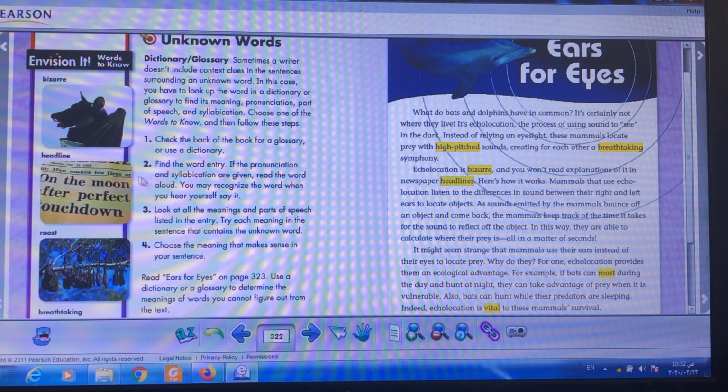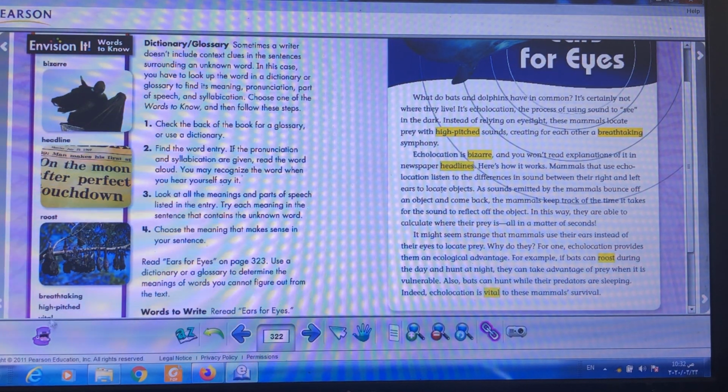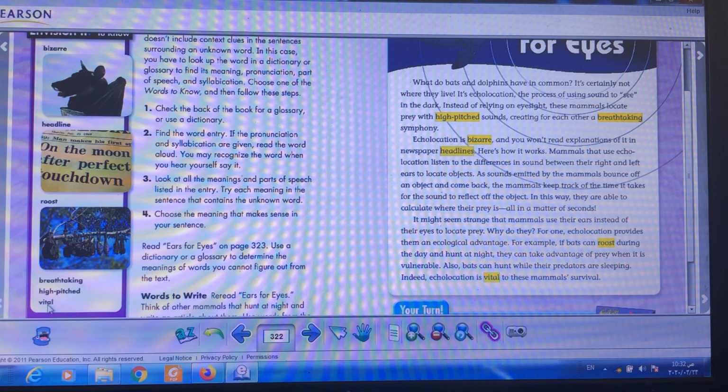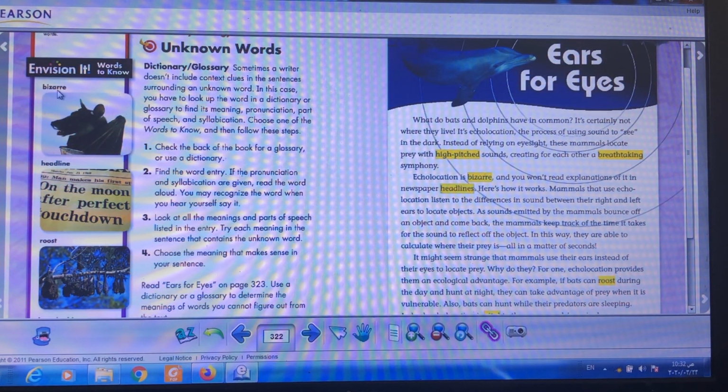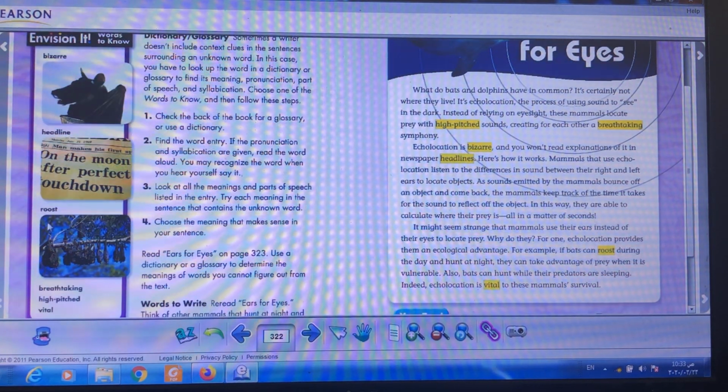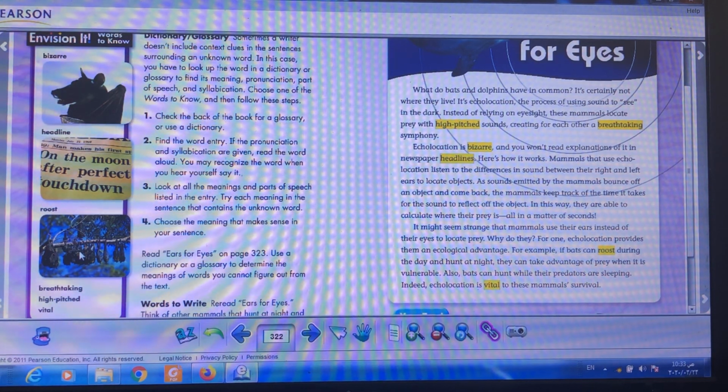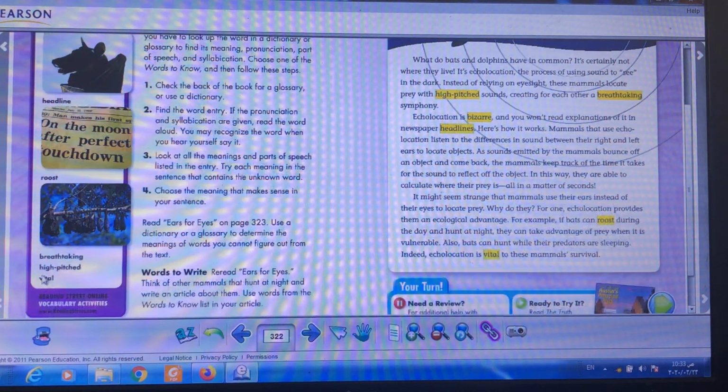That was yesterday's comprehension skill. We had some vocabulary: bizarre, headline, roost, breathtaking, high-pitched, and vital. Bizarre means strange, something which is strange or very unusual. Headline is the title of a newspaper or a title of a book. Roost is a place where animals can go to rest and sleep.